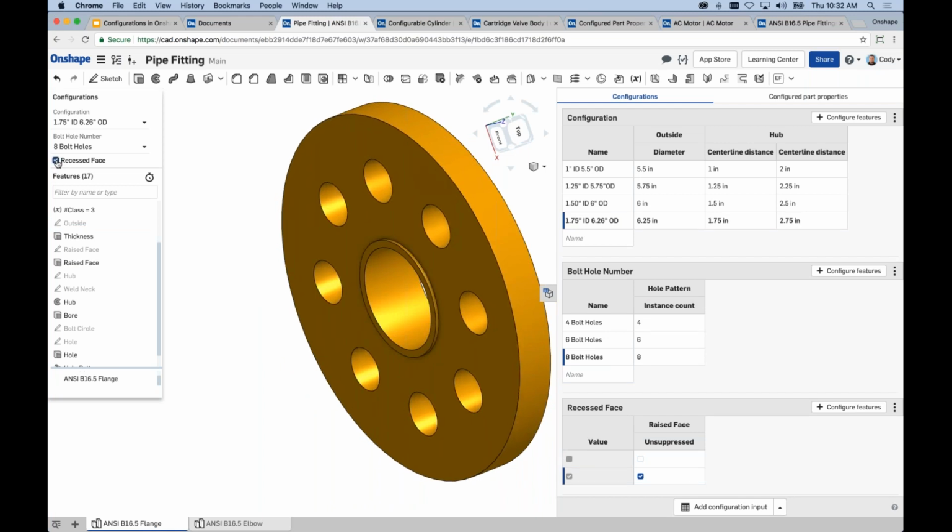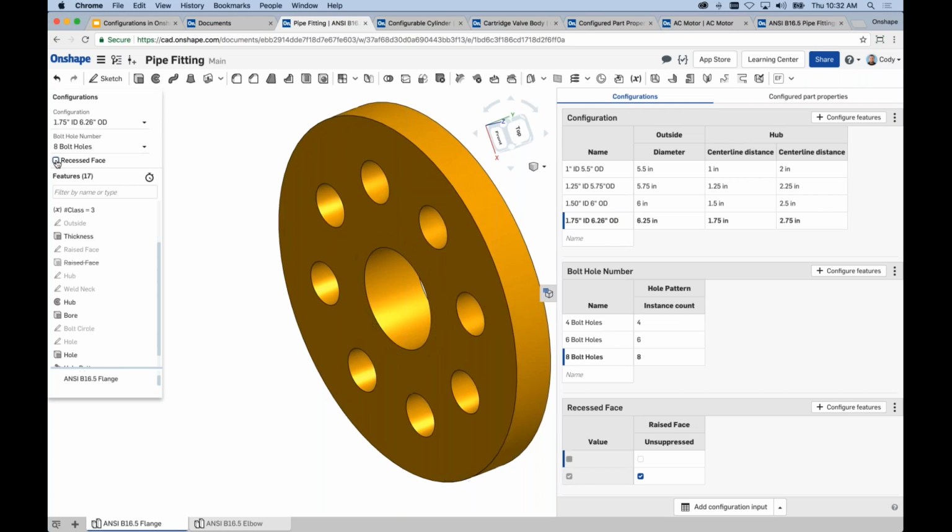Right? Subtle difference, but it's a small cut in the face that again would require me to build an entirely new set of table entries for every possible combination that now includes recessed faces. So just keep in mind again, this is an option I think more applicable to the highly configurable designs, but